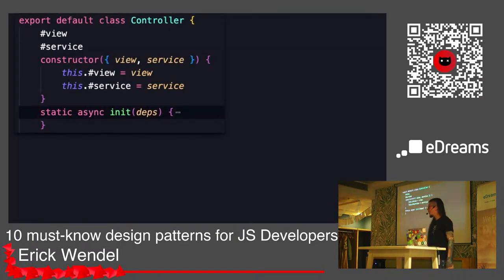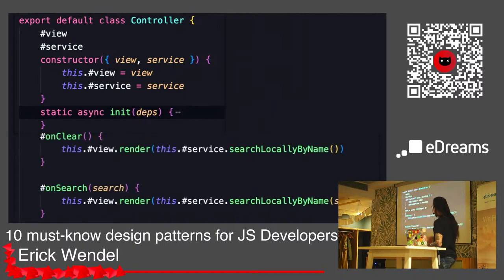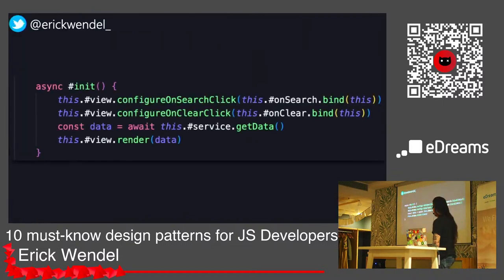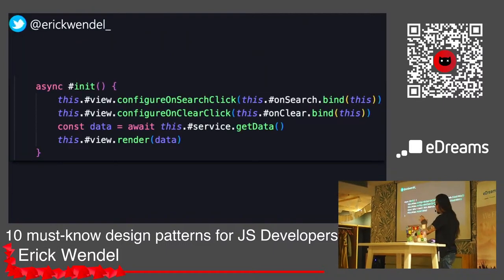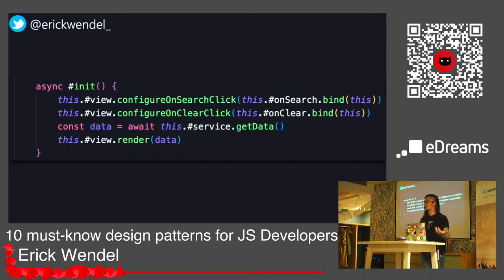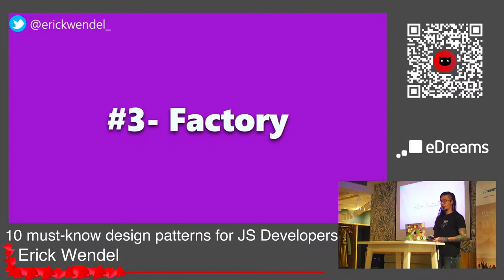So here we're gonna use the controller, which is making the whole bridge between these layers. So I'm gonna receive those layers, and I can call those functions, right? I can call those interfaces, but I don't actually know what is behind them. So this is pretty easy to make, and we're gonna have an init. Well, spoiler alert, this is key for us to create universal JavaScript apps without any framework or library. So this is gonna be easy.